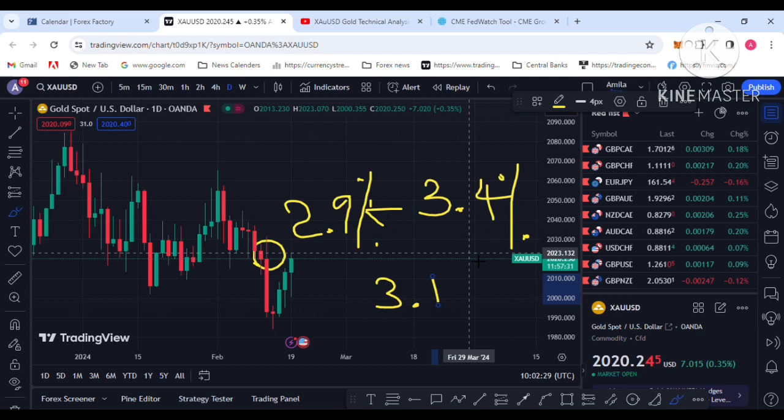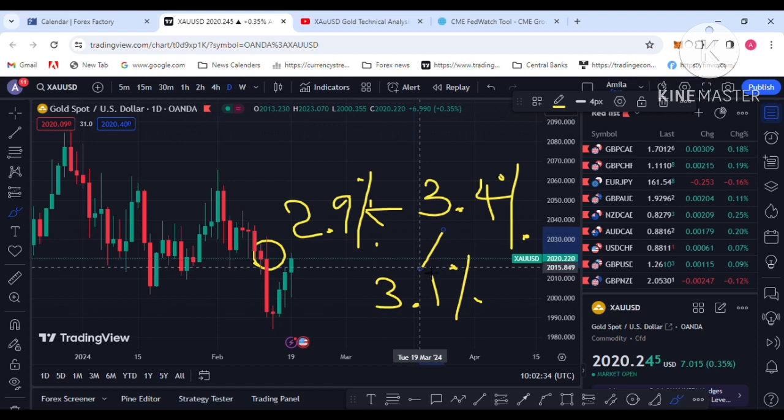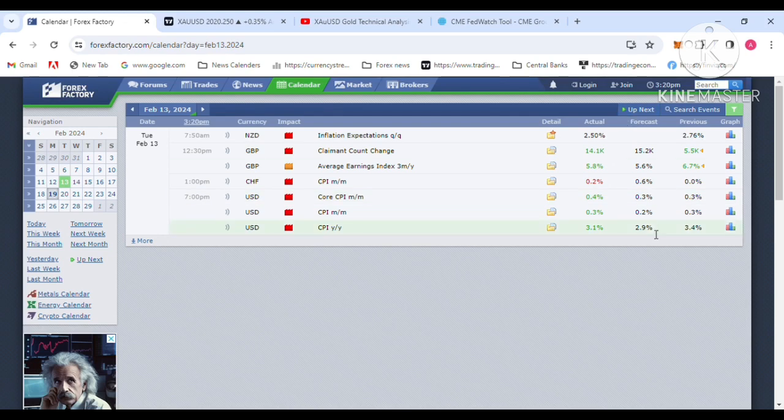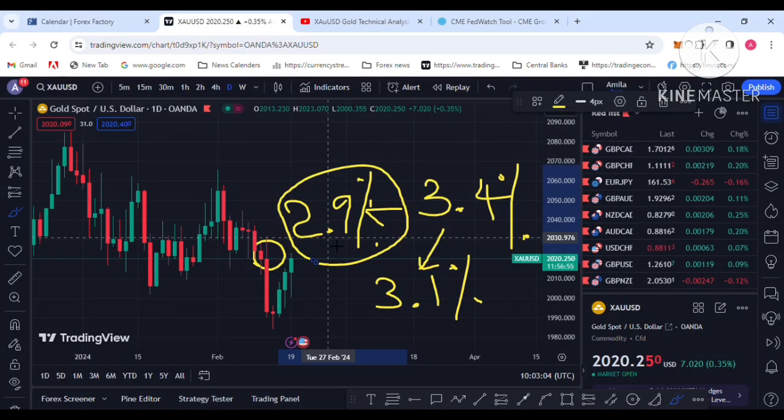So inflation did not drop as expected by the Federal Reserve, the American central bank. The inflation expectation of 2.9 is the important thing, but the actual figure is 3.1. So inflation did not drop as expected. The Fed expected 2.9, but 3.1 is the actual report. The American central bank Fed's current interest rate is 5.5. The inflation expectation is 2.9, below 3%, but the actual figure is